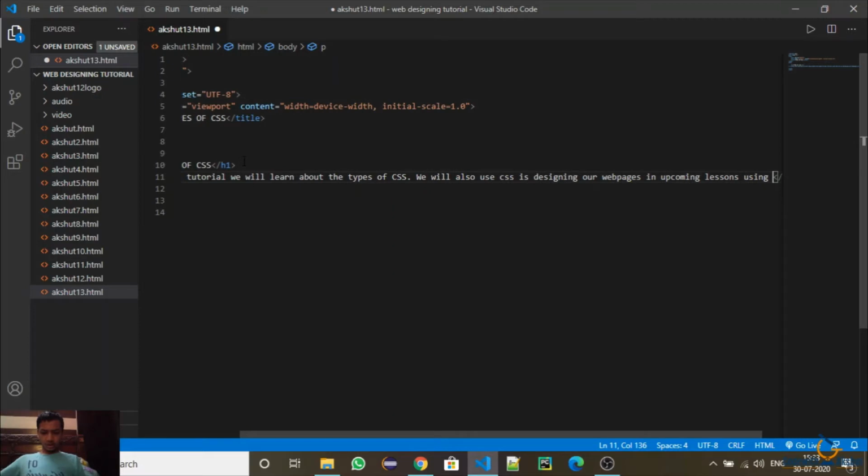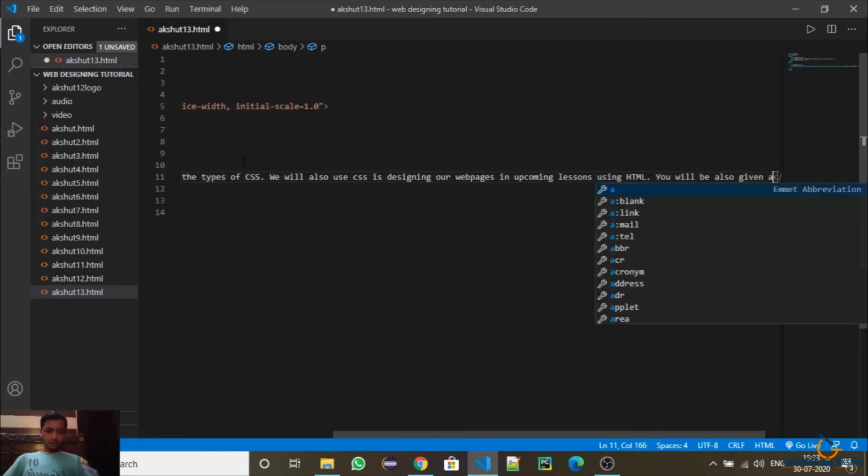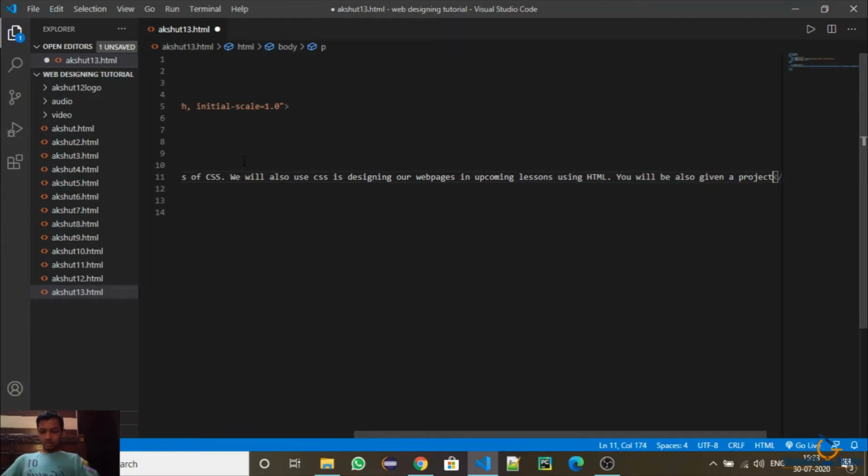Using HTML, you will also be given a project to do and submit for evaluation.